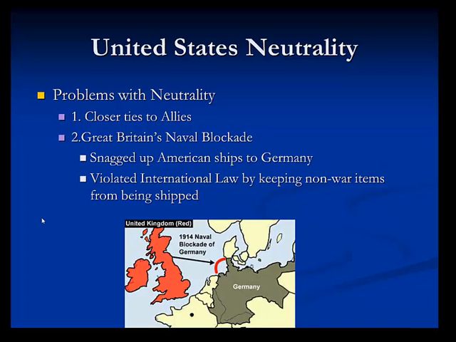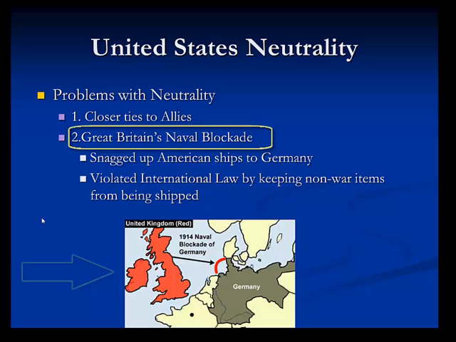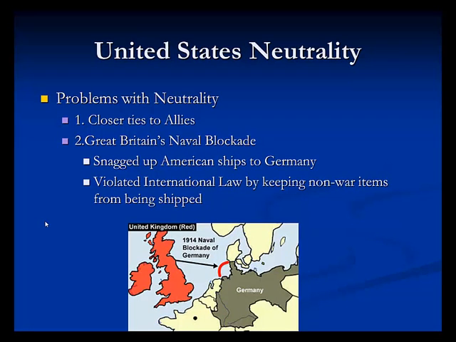The second main problem that made it difficult for the USA to remain neutral was the Royal Navy's blockade of Germany. Remember that since the USA was neutral, it was allowed to trade non-military items with both sides during the conflict. However, this soon proved to be a problem as the British attempted to starve Germany into defeat by blockading the North Sea. The blockade made it impossible for supplies to get to the German people, and went so far as even ensnaring American vessels and taking them to British ports.